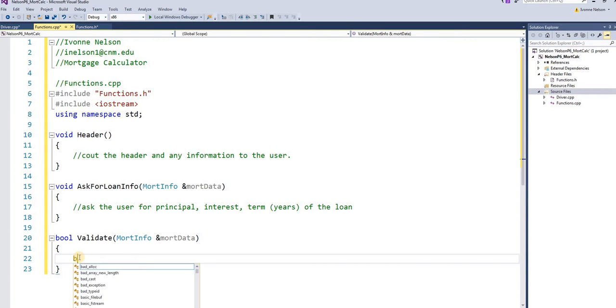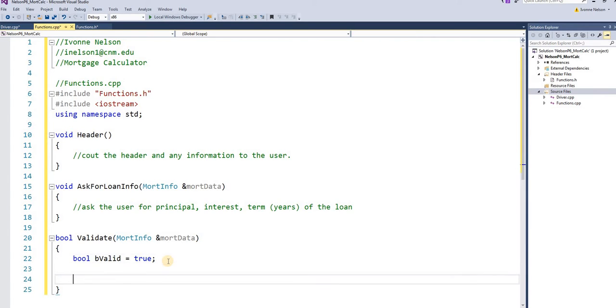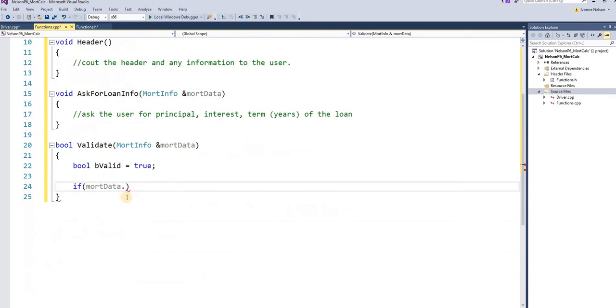So I'm going to create a variable, b valid, just to start with. And then I'm going to check the principal. I'll start with the principal. If mort data dot